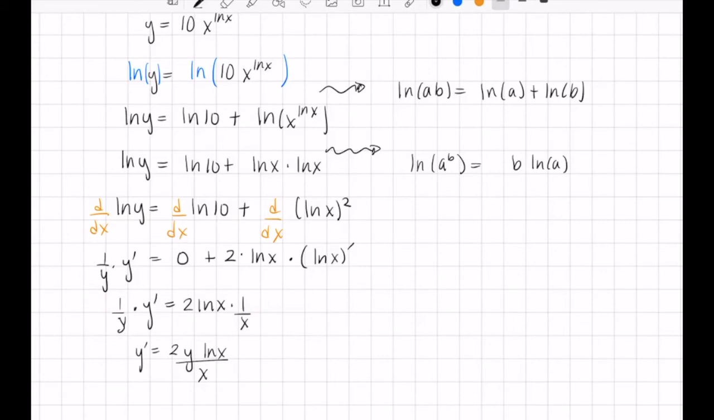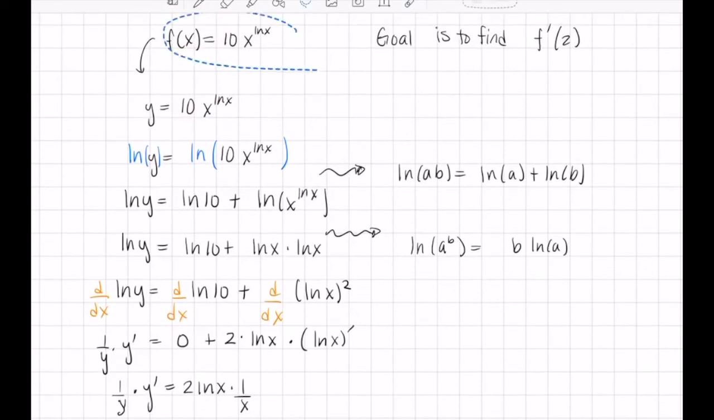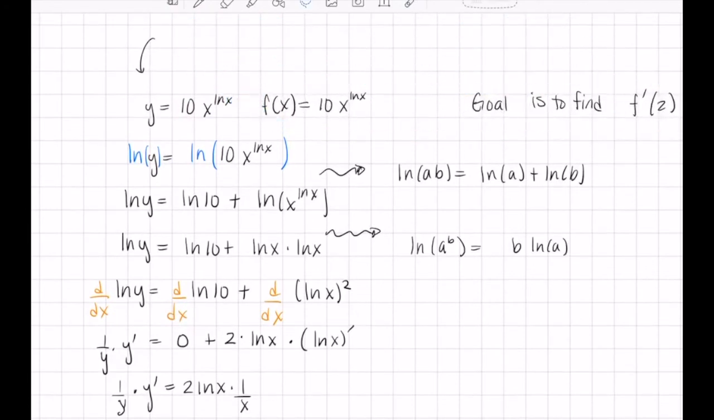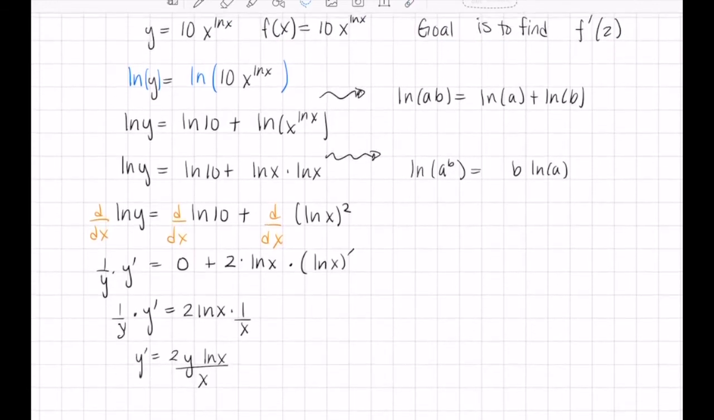Now that that is done, we don't want our derivative in terms of y. What is y? Well, we were told y equals 10x to the ln of x. And actually, since I'm losing material, let's move this down here. There we go. So let's replace this y with this entire function value. So this becomes 2 times 10x to the ln of x, times ln of x over